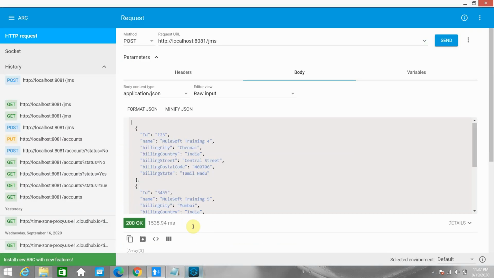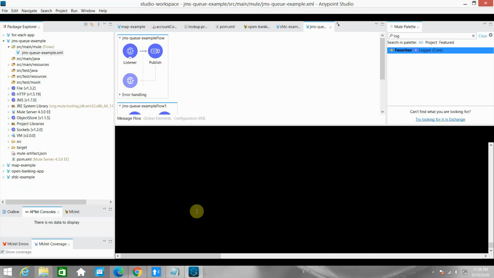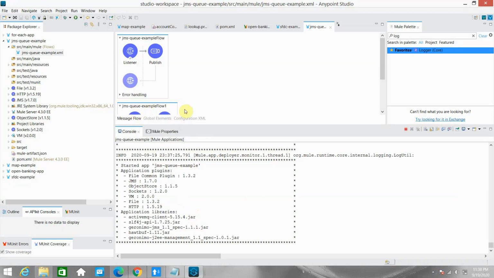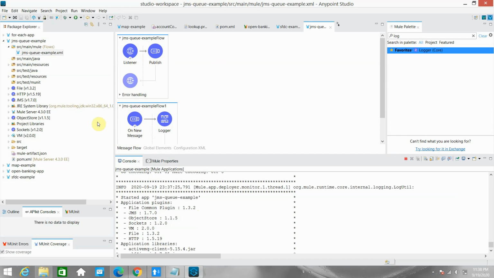I got 200 OK, so it's able to publish the message, but you cannot see it consumed because the queue name in the consumer is different from the queue the message was published to, and this on new message flow is listening to some other queue.